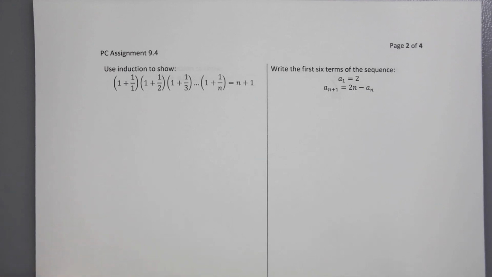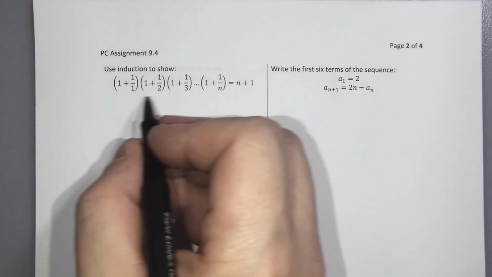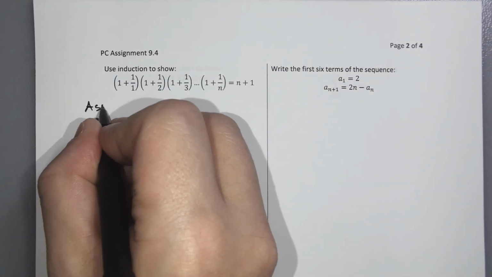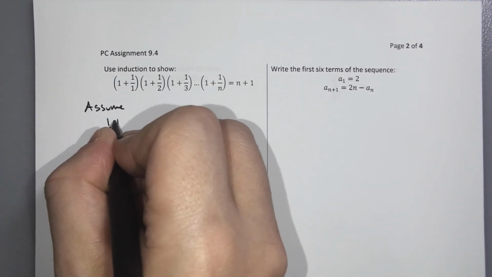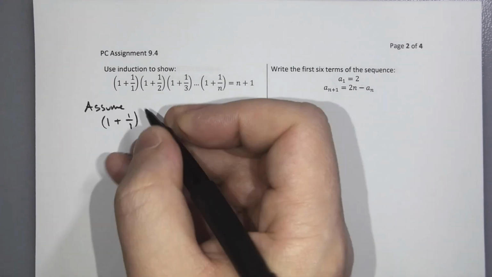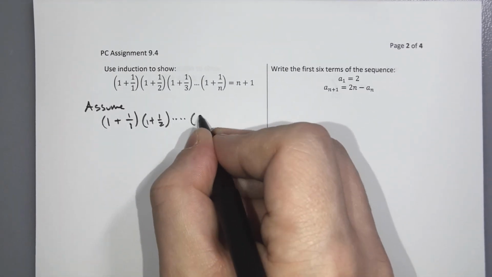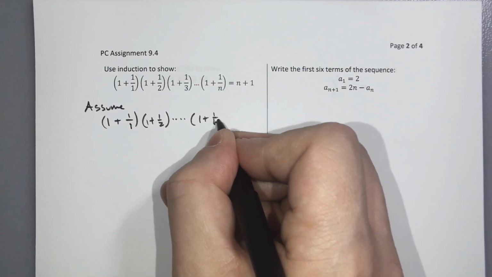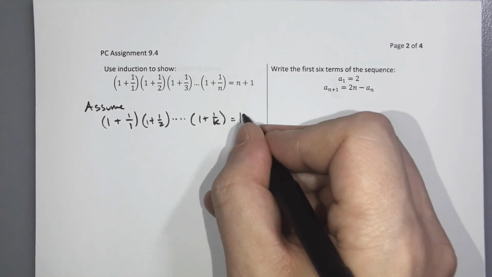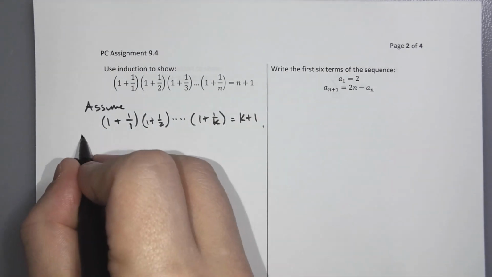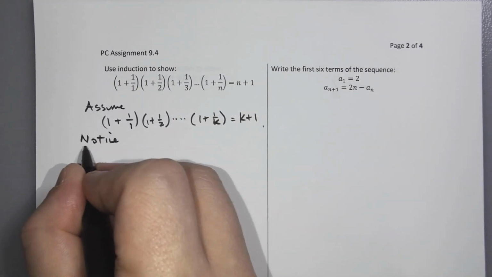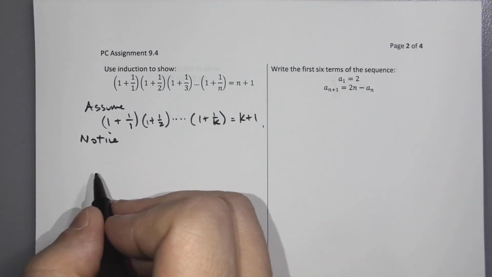Okay, so keeping with our common theme on induction, let's assume that (1 + 1/1)(1 + 1/2)...(1 + 1/k) is equal to k + 1, and then we'll move into the k + 1 step and hope that we can figure it out. Okay, notice that